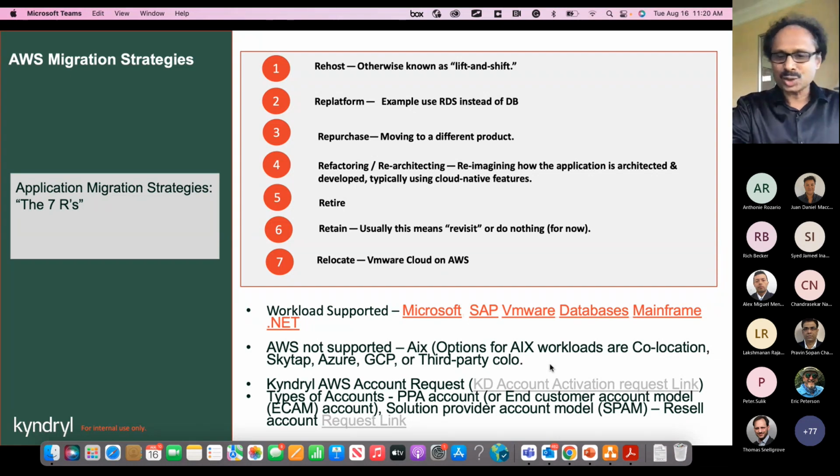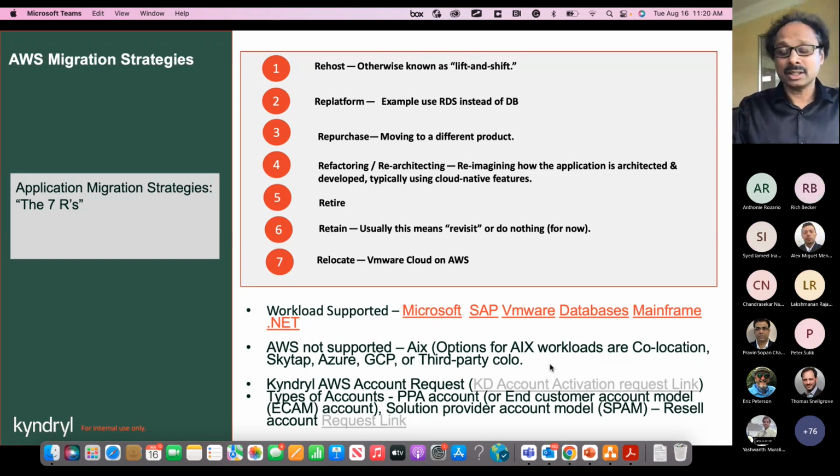Of course, Azure, GCP, and SkyTab are some of the other options. But the solution that I worked out with a couple of our customers is that we can provide a colo solution. We can put the AX workload in a Kyndryl data center in Boulder, Colorado, or any of the other data centers in Ashburn, very near to the customer's AWS footprint, and put a high-speed 10 gigabyte link to it. It will work as if it is running within AWS.